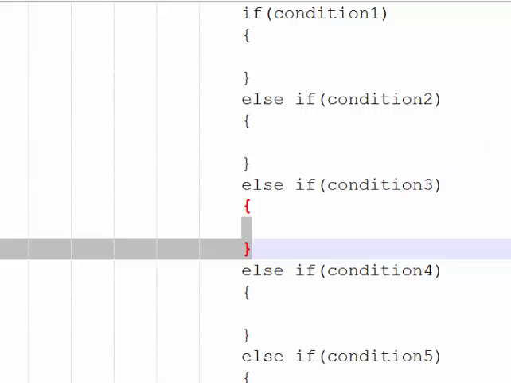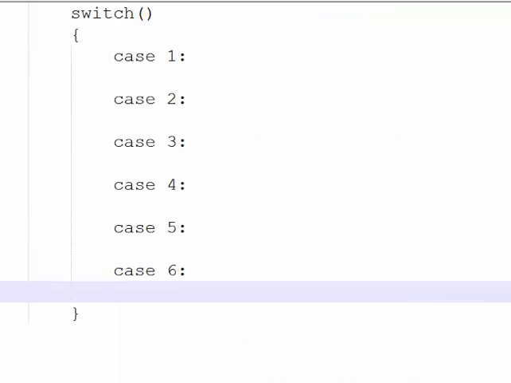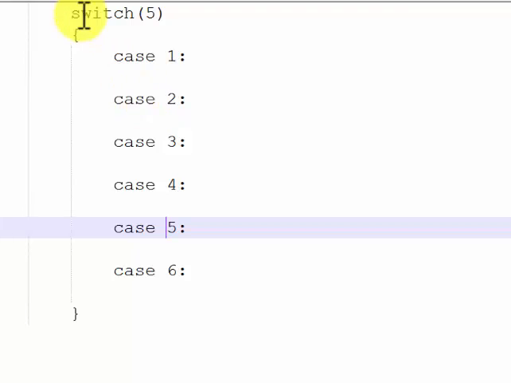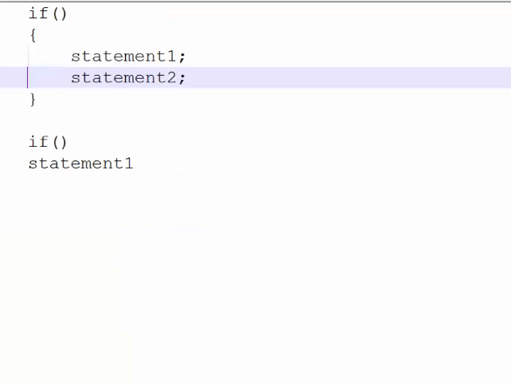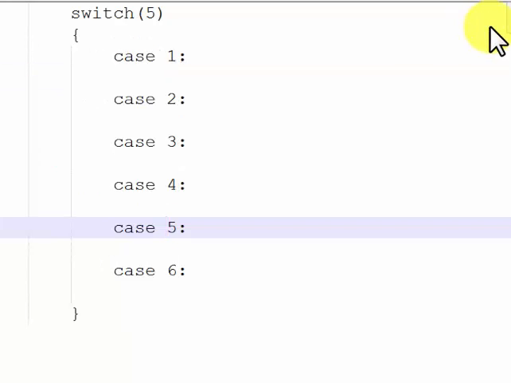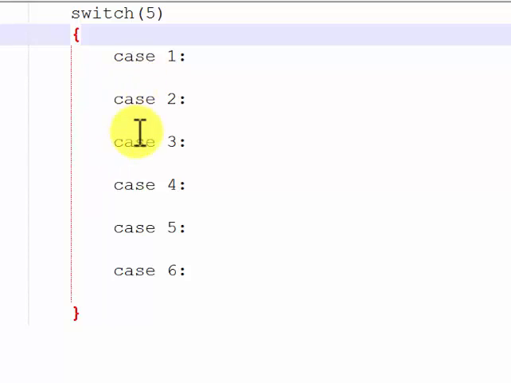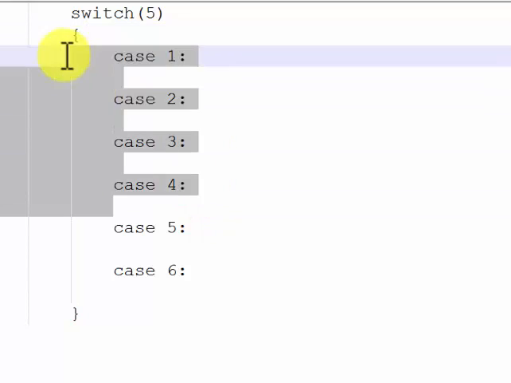But in case of switch case statements, suppose we are having multiple cases like this: case 1, case 2, case 5. Suppose here is case 5. So we know case 5 is the true one, so it will directly jump from here to here. It will not match this with this, this with this, this with this. It will directly jump to the correct case. In if else, we have to check all the conditions, but here it will directly jump to the particular case, like switch of 5. So it will directly jump to case number 5 and execute it. It will not check all these cases.